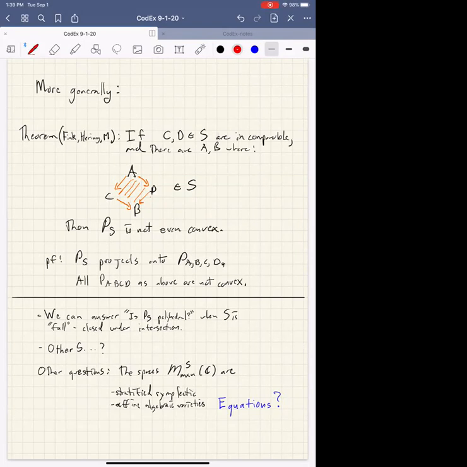So in conclusion, we can answer the question, is P sub S a polyhedral cone whenever S is full, that is closed under intersection. And for some other S, when you can use these projection relations, but for general S, we don't have an answer. And another question I want to finish with is,